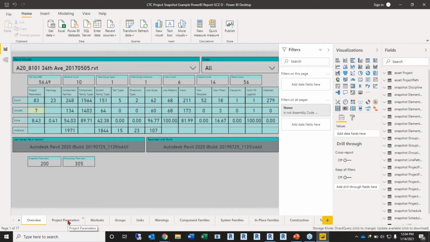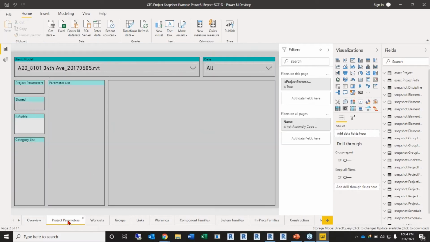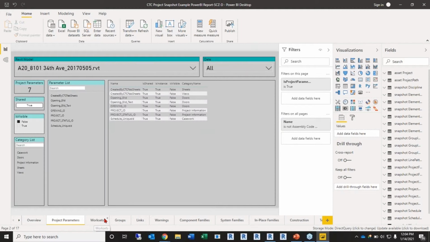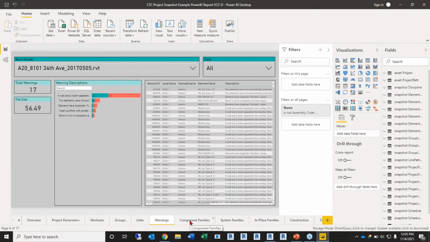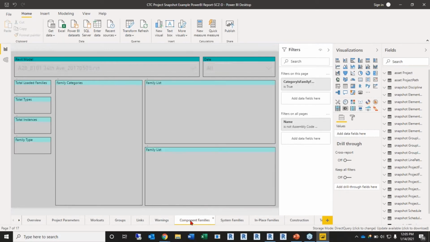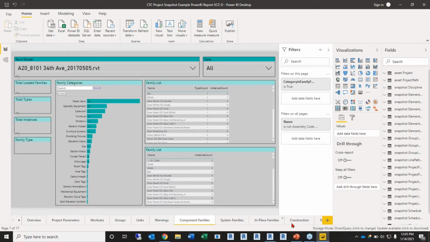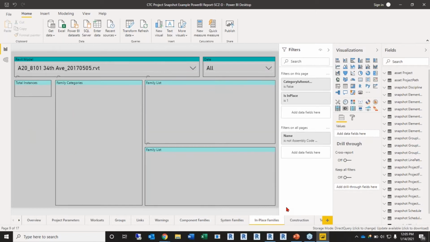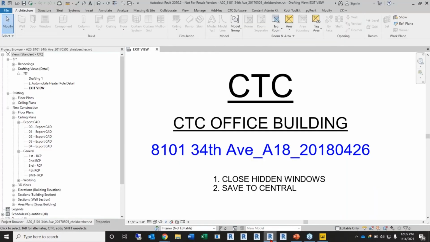I can dial it in even further and get a list of the parameters that are there, or the worksets, or groups, links, warnings, and things I've shown off in the previous ones, like component families, or views and sheets, or the in-place families, or various bits. So I'm just going to go ahead and pop into that particular file and try to do a little bit of cleanup here